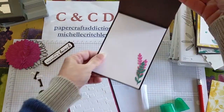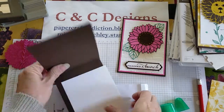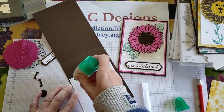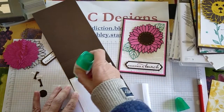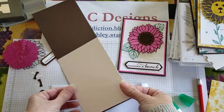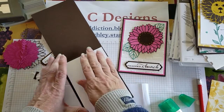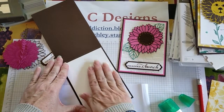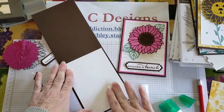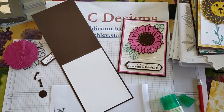Now the inside here, I just added the little elements to the inside. So that piece there isn't going to be stamped on. If it was going to be stamped on, I'd stamp it first, but since it's not, I'm just going to glue the cardstock down. You don't need a lot of glue, or you could use the tape. When I do tape, I used to only do one side, one on each side, but then it seemed to open at the end. So those extra pieces I cut,